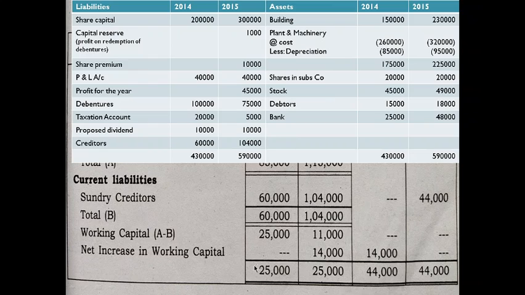Once you deal with this part, then you go for these two columns. Here the right hand side is a bigger value, 44,000. So here the difference is 14,000. And you know how to find the difference regarding these two columns. Since there is an increase in the value of working capital,